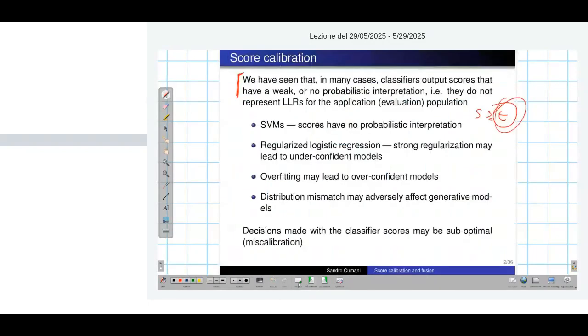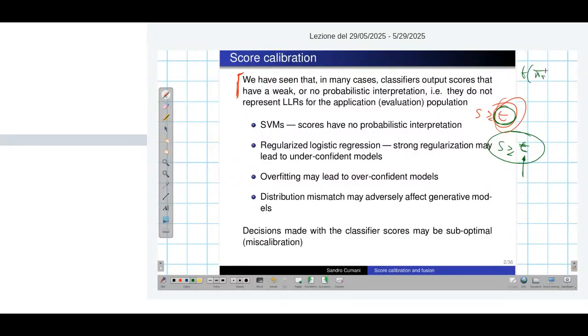Now, the former problem can be addressed by changing the recognizer. So for the former problem, we need to find a better classifier. For the latter problem, we have said we have a good classifier, but the problem is that we need to define a rule to obtain good decisions from the scores generated by the classifier. Now, well-calibrated scores are scores for which we know how to select good decisions, and we said typically this is